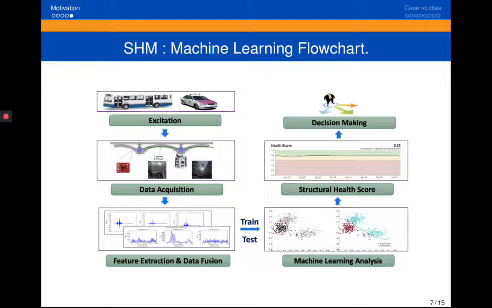Once the data is captured, the relevant features are extracted for both physical models as well as data-driven models. Several data fusion techniques have also been applied in order to extract the relevant features. On training the relevant machine learning models, a suitable health score is derived to present the current health condition of the bridges, and then the asset managers take relevant decisions for the time-based maintenance of the assets, depending on the health score which is presented.